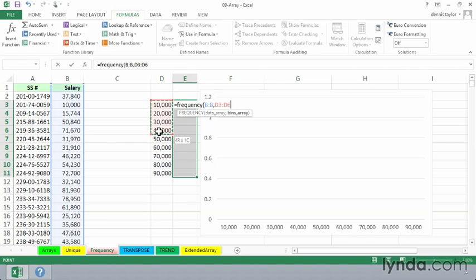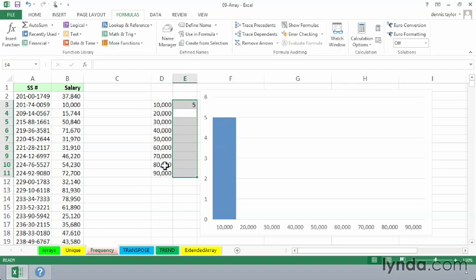Now, when you're using the frequency function, it's common to have the data right next to these. They don't have to be right next to them, but it's commonly done and makes sense here too. And if I press enter, I'll get an answer, but not one that makes much sense. So what I really want to do here as I backtrack is, once again, equal frequency,